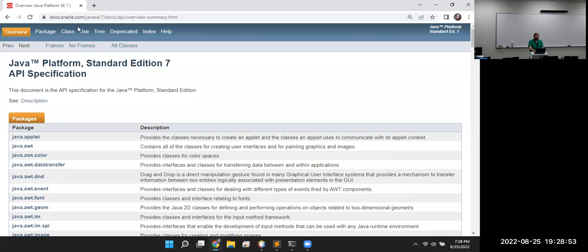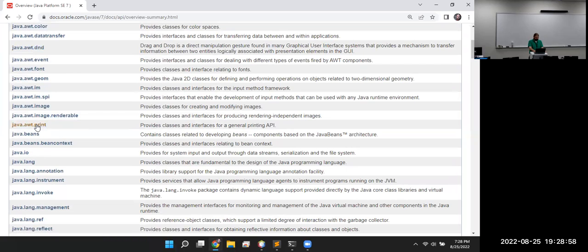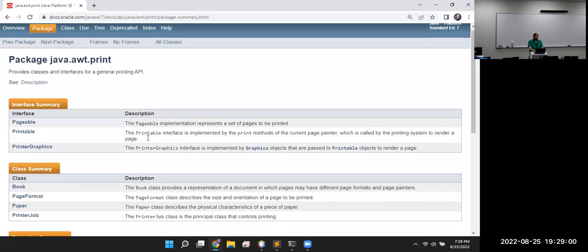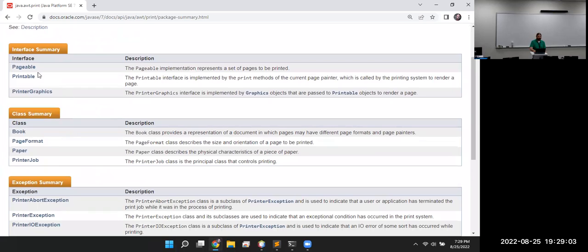All the different packages, all the classes that get used in them. I'll click on print, so things for printing. Pageable, printable, graphics, book format. This is actually the module to set up a printer. When you hit print and that dialog box comes up with all those options, these are the libraries for writing that program. That's a good one to know. A little bit less useful than it was maybe 15 years ago when we would print everything, but